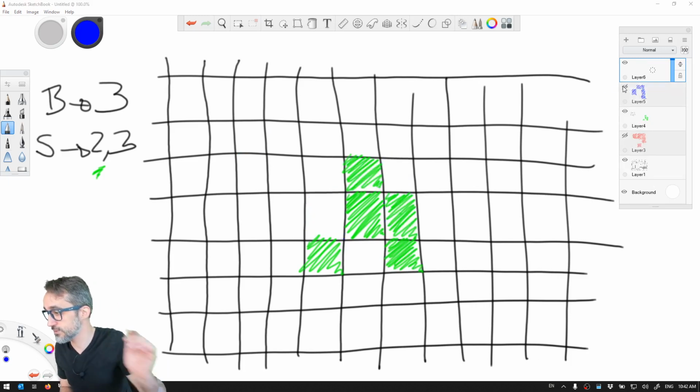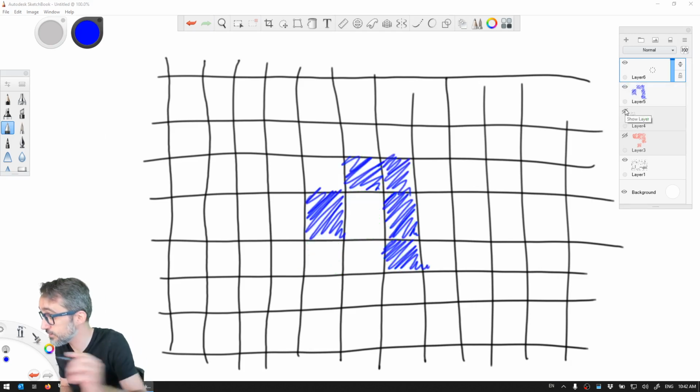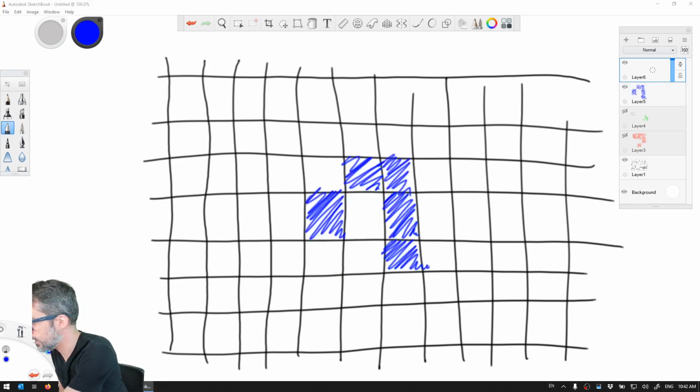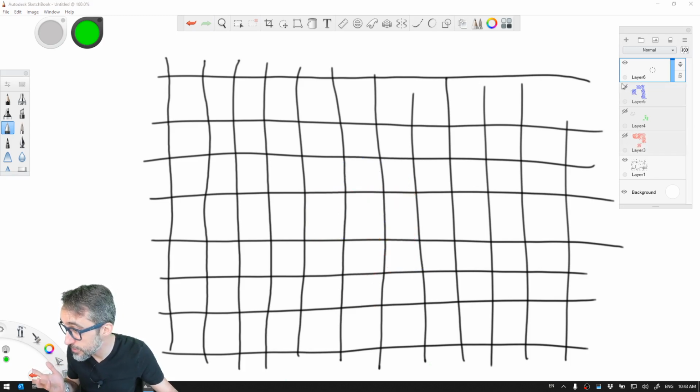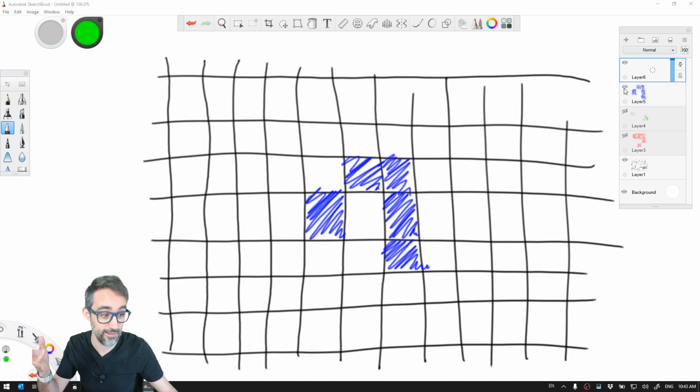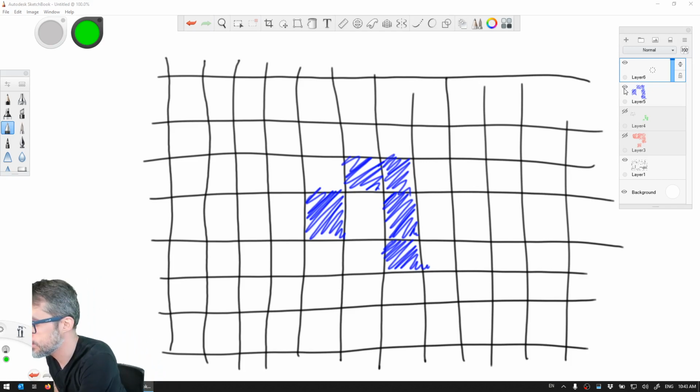So I'm going to remove the previous iteration, and then for the last iteration, I could say, well, for this one, now, I don't know if you guys noticed, but remember the glider that I told you about? This is the same shape, it just has been rotated and moved a little bit. So now we're basically starting again with a similar situation where for the next iteration, this one is going to be born, this one is going to remain alive, this one is going to die, this one is going to remain alive, this one is going to remain alive, this one is going to die on the left, and there should be